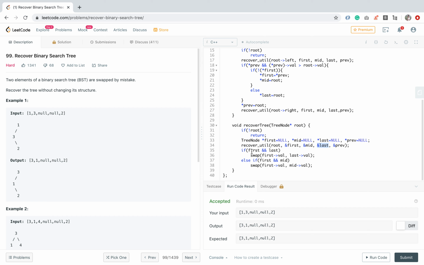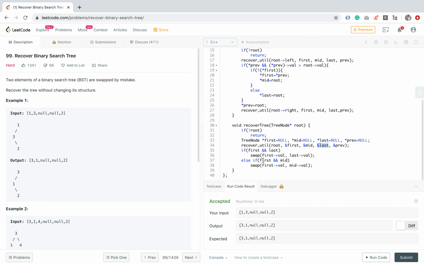So if first and last exist, that means the two nodes which are out of order are not subsequent, and then we have to swap those elements. If the two elements that are out of order are next to each other, then we have to swap the first and the mid value. To find it, we do in order traversal and check whether the previous value is greater than root value.